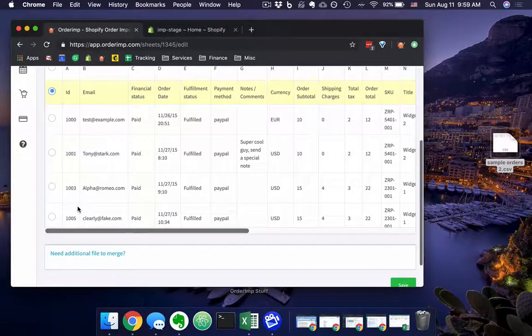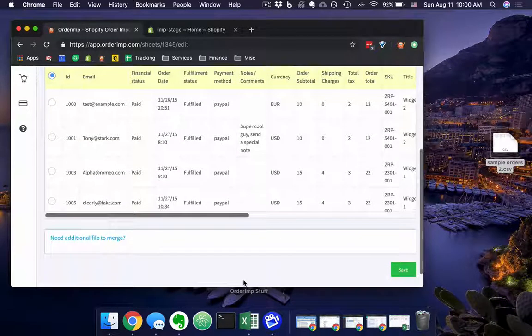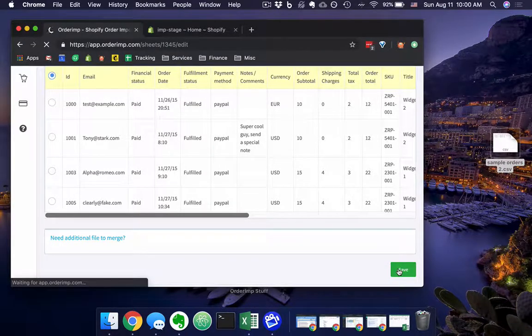And then everything that you do from here on out, you'll be selecting for each of those separate sheets. I'm not going to show you that today, but reach out if you need to merge 2 different files into one, and I'll be happy to give you a hand there. For now, you'll just have that header row selected, click Save,